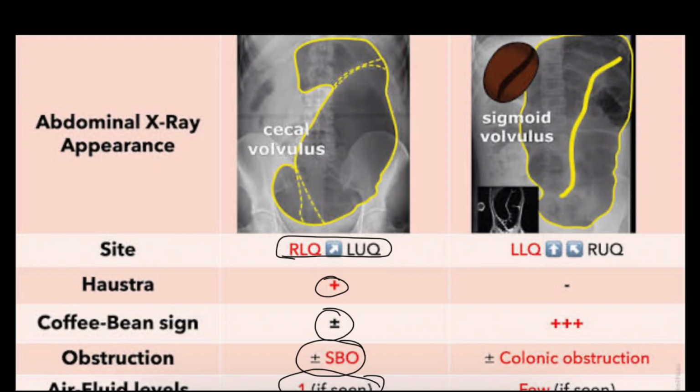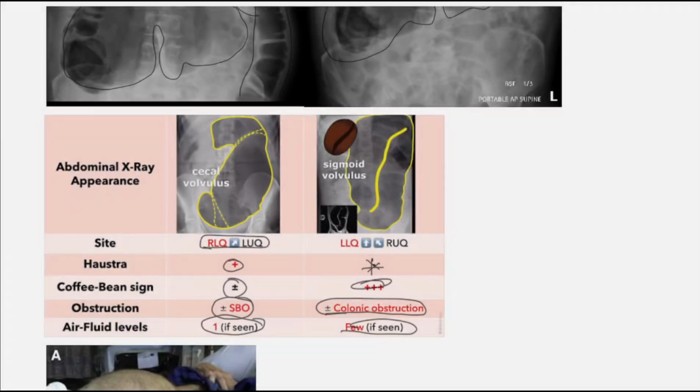Next you can see sigmoid volvulus, that is here. Sigmoid volvulus has pain in the left lower quadrant, and it will radiate to the right upper quadrant. The haustral markings will be negative in sigmoid volvulus, and the coffee bean sign will be positive. You can see colonic obstruction, and the air fluid levels will be very few. Okay,